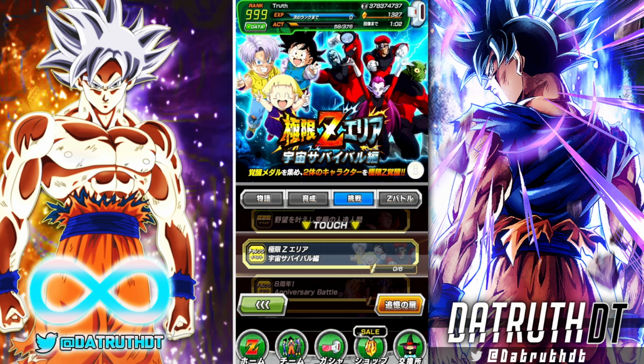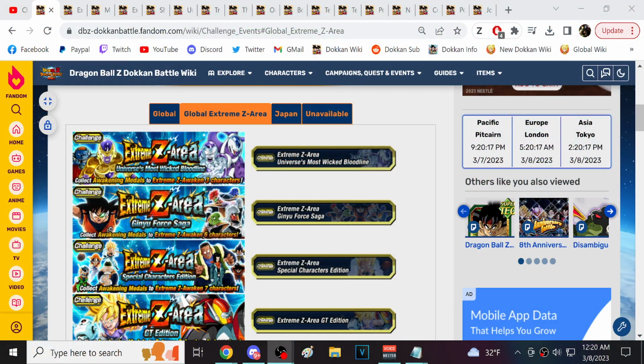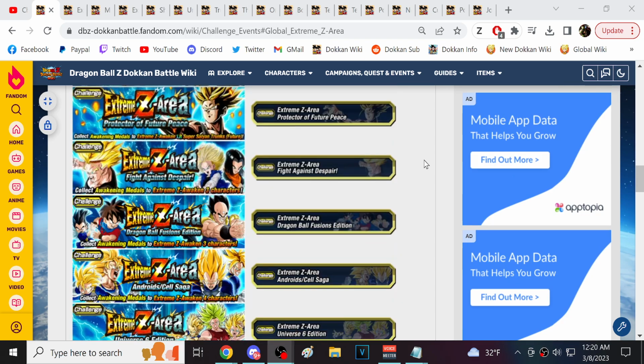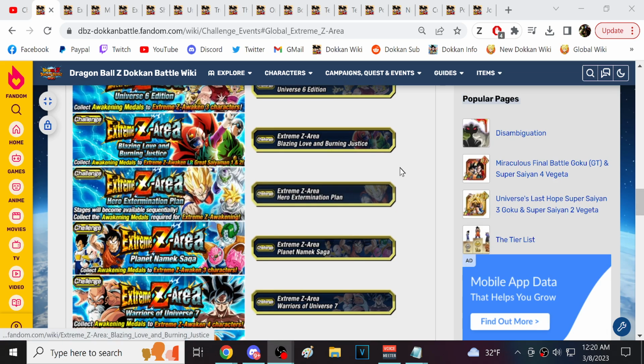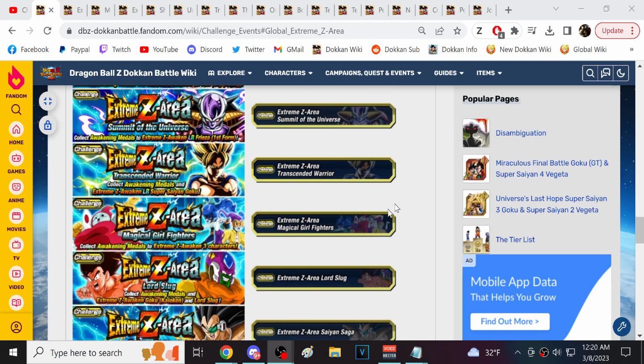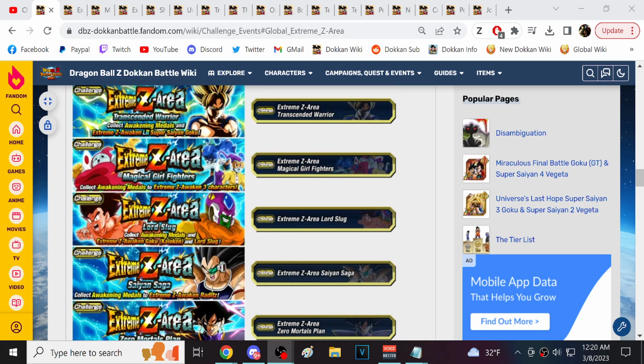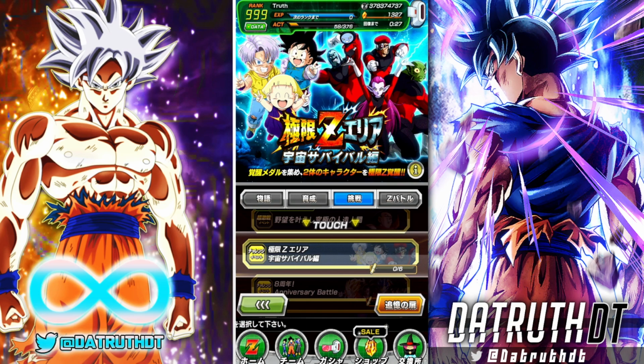But I think it is funny that this is an EZA area for Universal Survival Saga. We've seen this a lot, where Majin Buu Saga has one, Android Cell Saga has one, and so on, right? But if we flip over, this is Universal Survival Saga, right? If we take a look at this, there is already a Reps of Universe 7 one. There's the Universe 6 edition, Warriors of Universe 7, and then the Magical Girl Fighters. Like, there's like 80 different EZA areas for the Universal Survival Saga. Just because that was just so hype when it was on TV, and they've spammed so many characters